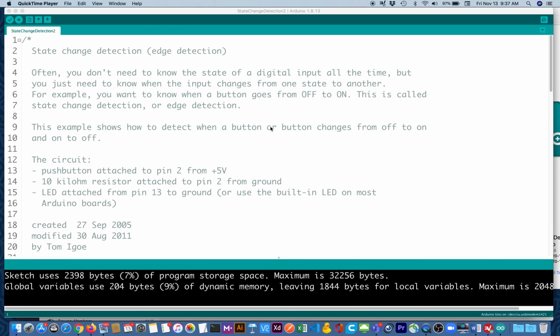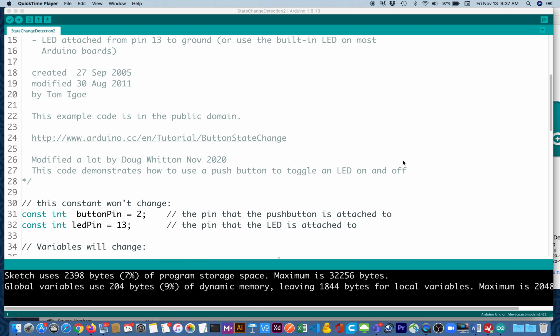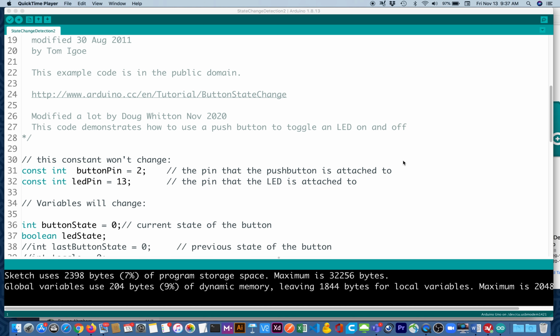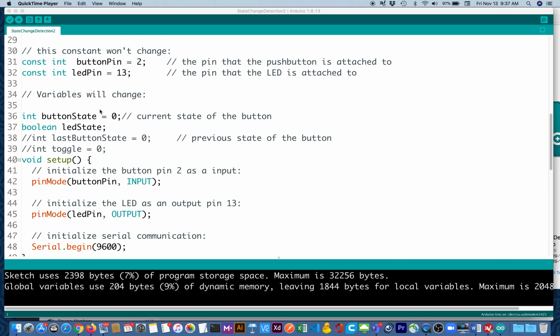State change detection 2, and it's modified a little bit so that it toggles. So you push the button once, light goes on, push it again, light goes off. Same circuit as the previous example, state change detection. Okay, so same button, pins, etc. But now we've got